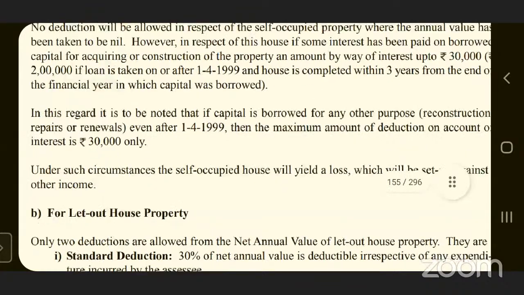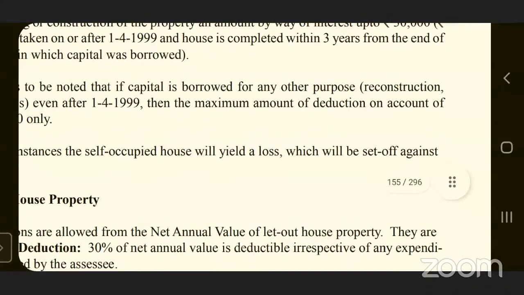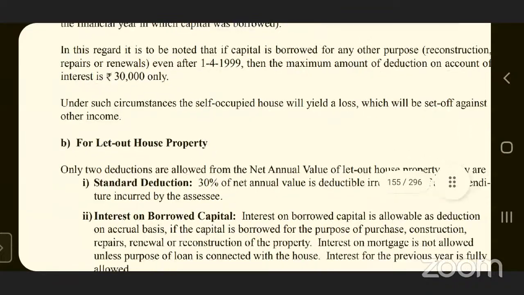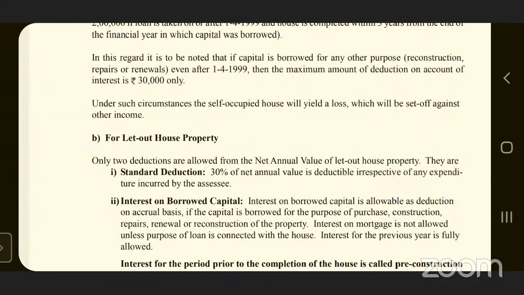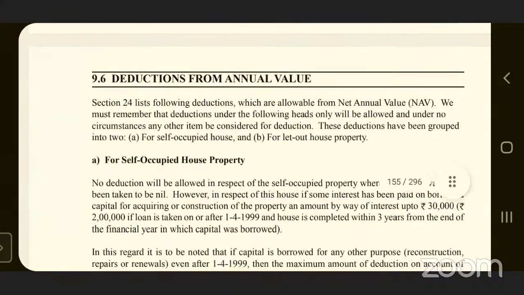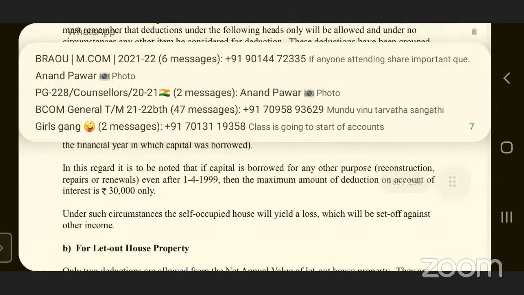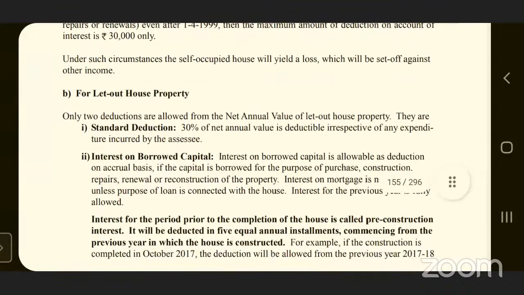So whatever I mentioned, under the circumstances, a self-occupied house will yield a loss, which will be set off against other income. As I told, it will be adjusted with the total income. Set-off of losses will be explained in the later part of your sessions. So this is about self-occupied house property, computation of income from house property. If it is a let out property,